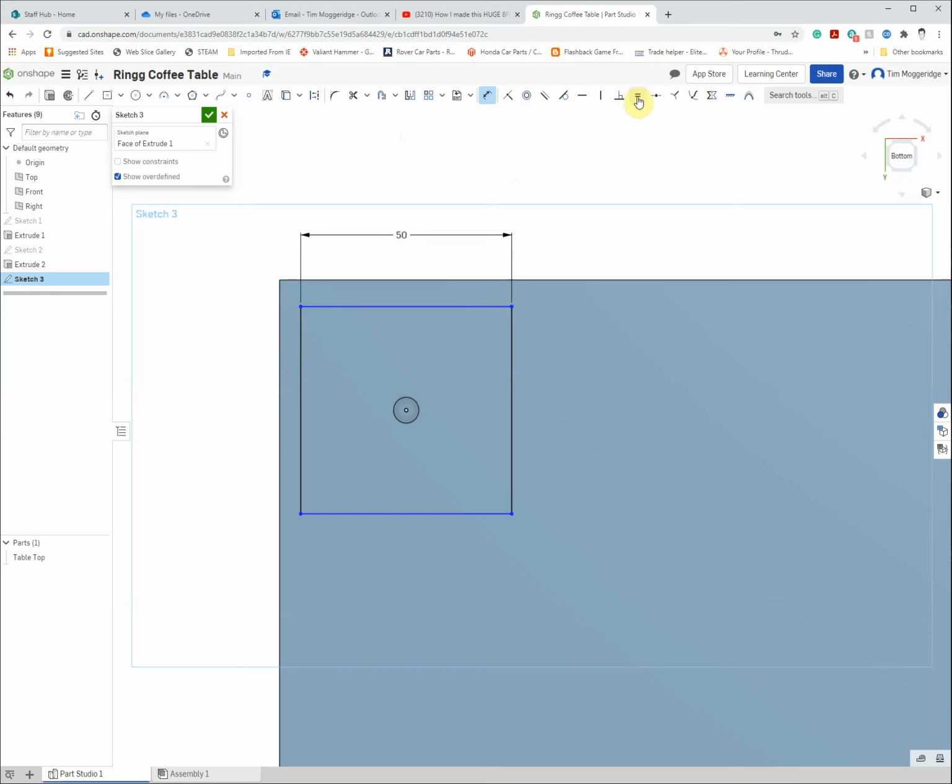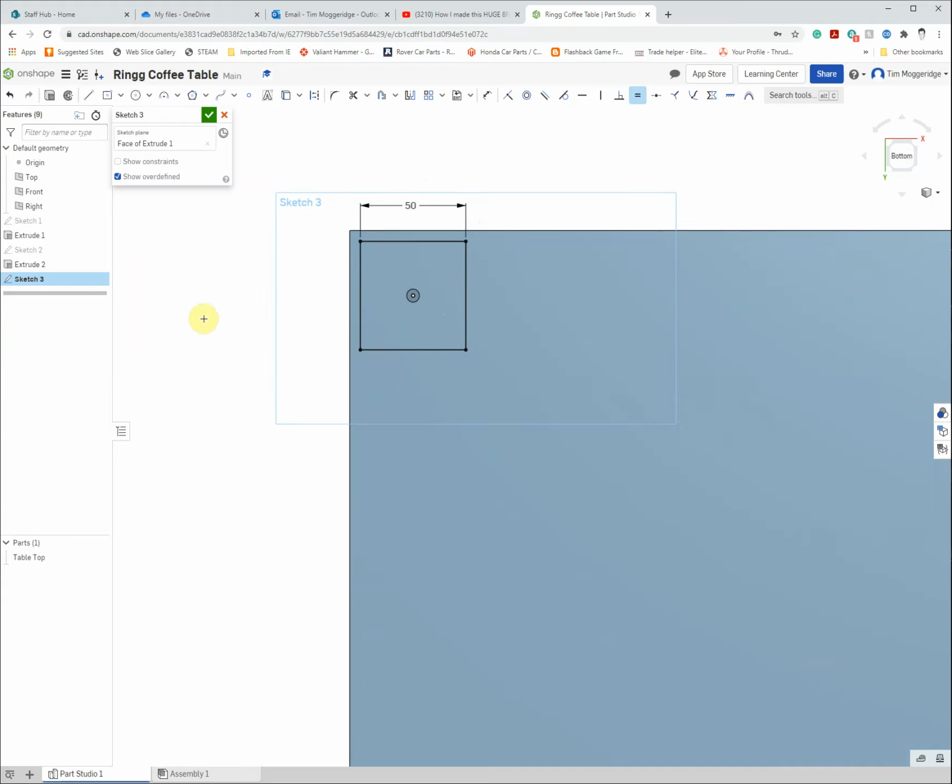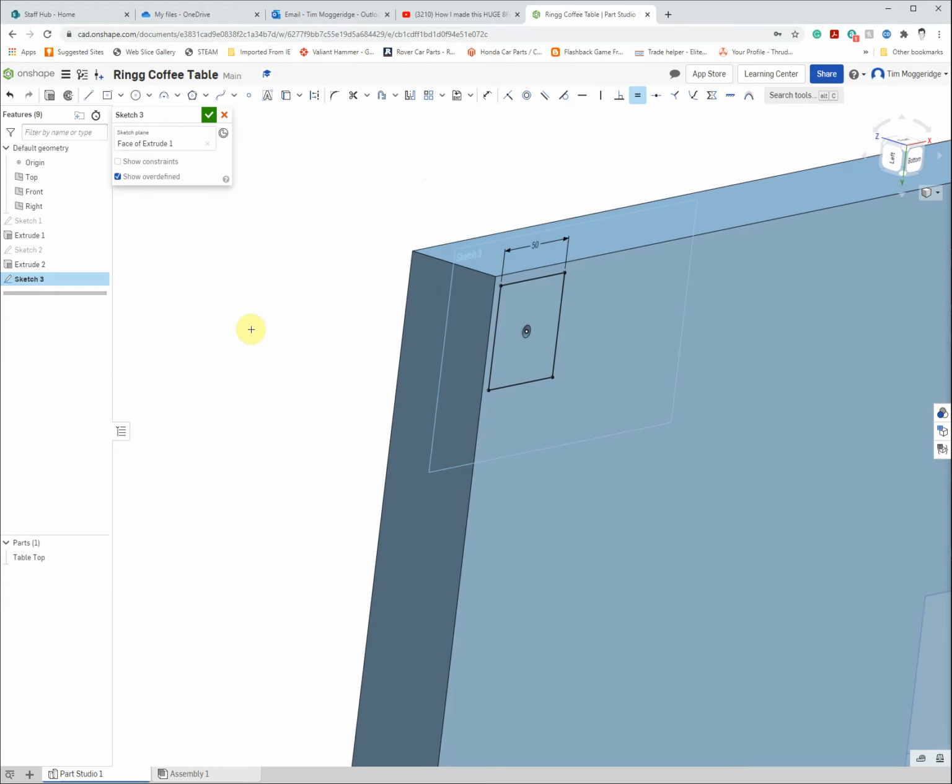But the one I want is this, the equal sign. If I click on that line, which I know is 50 millimeters, and that line, which I want to be 50 millimeters, it will make them equal. And you can see that it's actually changed color from blue lines to black lines to mean that that's fully constrained. So we've effectively said where we want the center of it to be, and we've given the length of the two lines, and we know it's a square. So if I just rotate that round now,